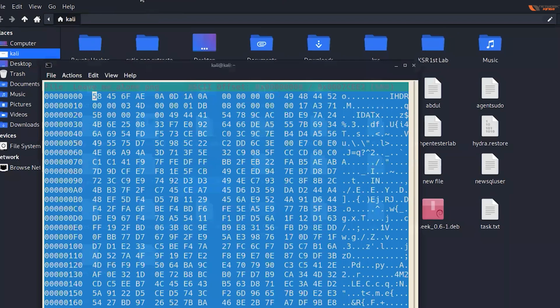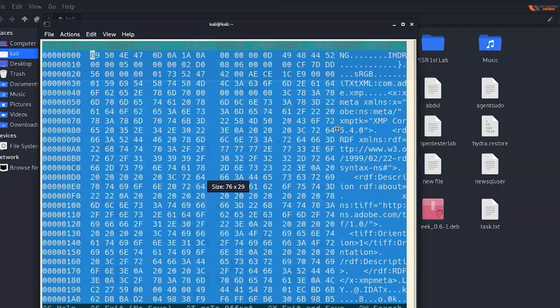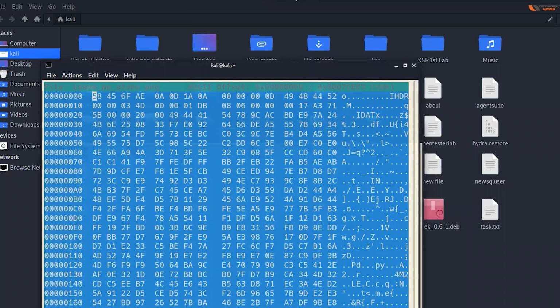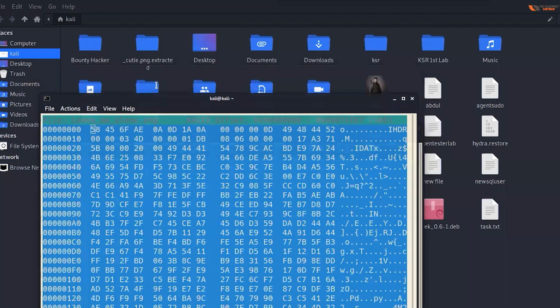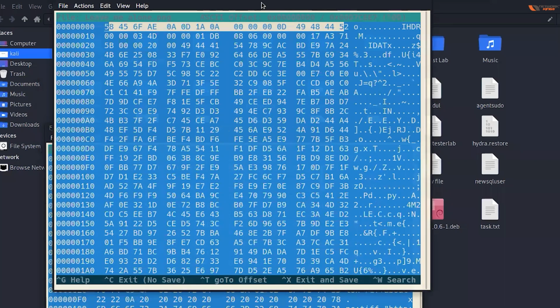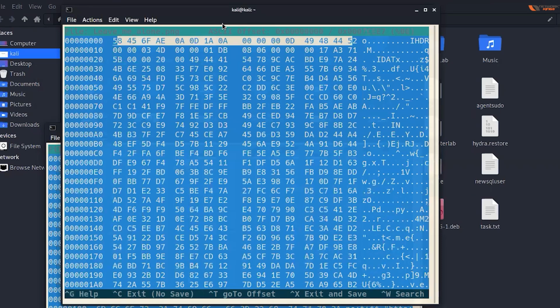Actually there is a slight compatibility problem, the second image is not opening. Okay, now I have it here. Now all I'm going to do, watch carefully guys, look at this very carefully. All I'm going to do here is change the hexadecimal code. Why am I going to do that? Because let's bring this up. I'll just bring it up.